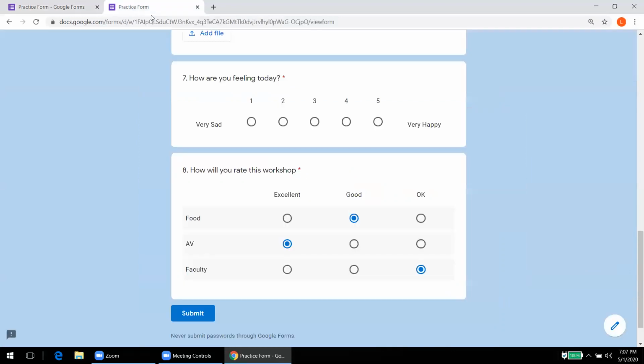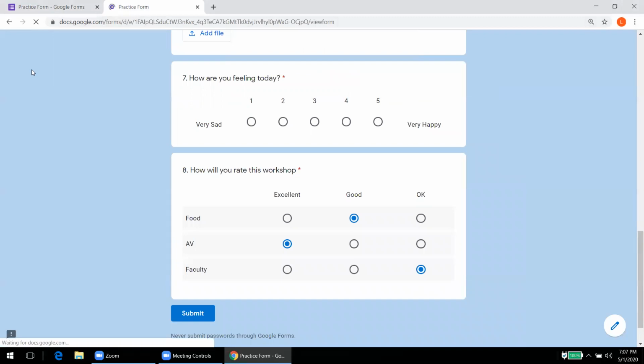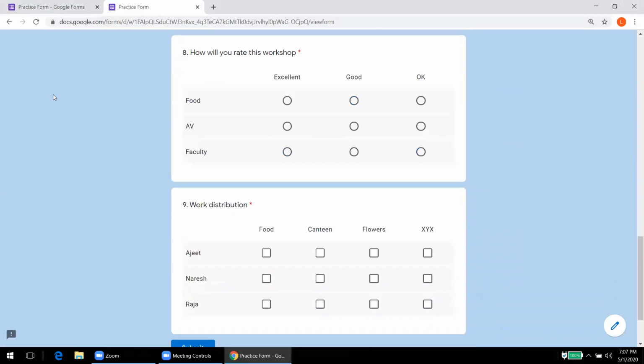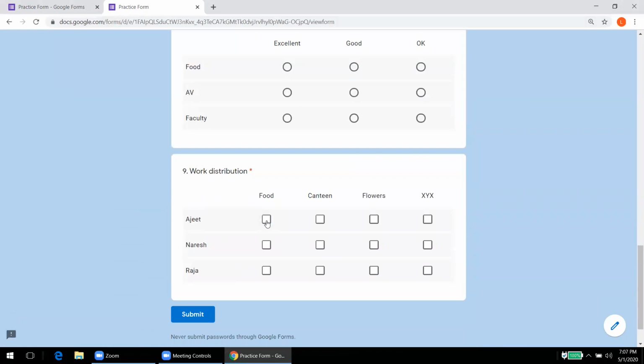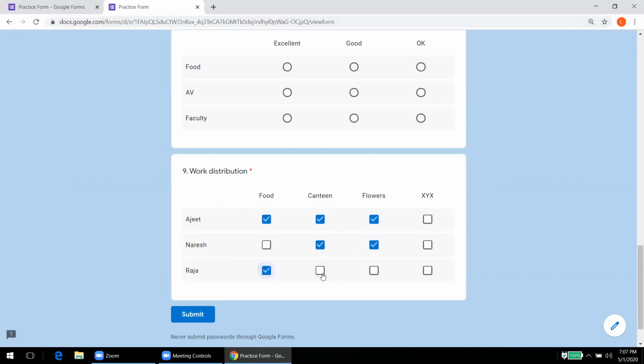So we see how it looks like. So we can say Ajit can bring food. He will do canteen also. Naresh will do these two things, and Raja will do these things.